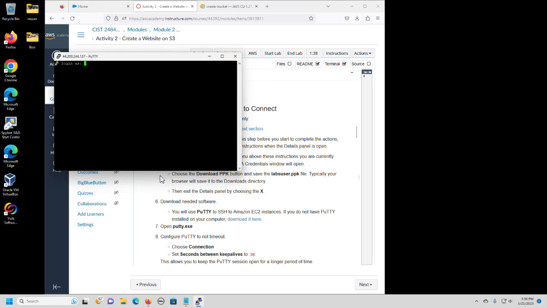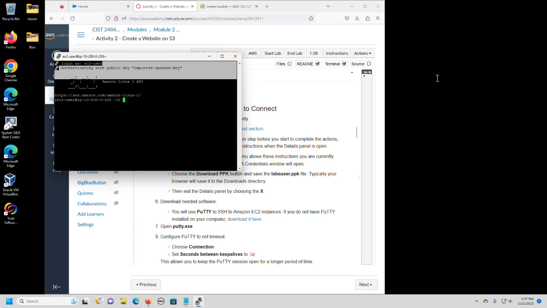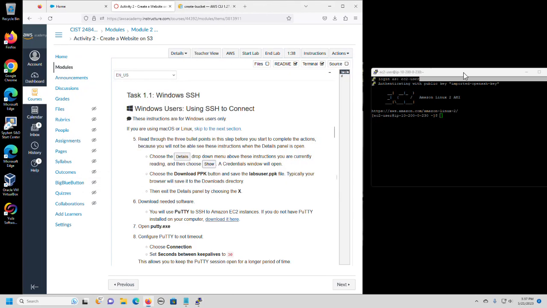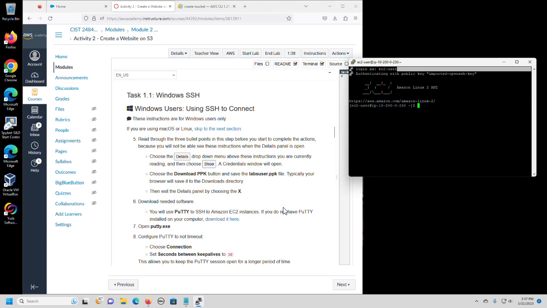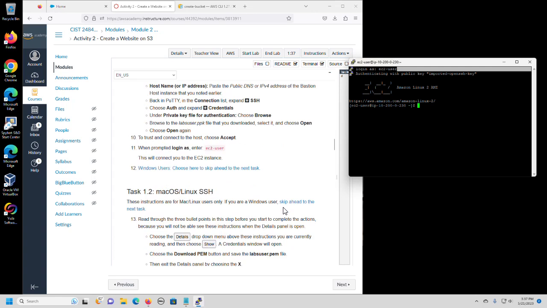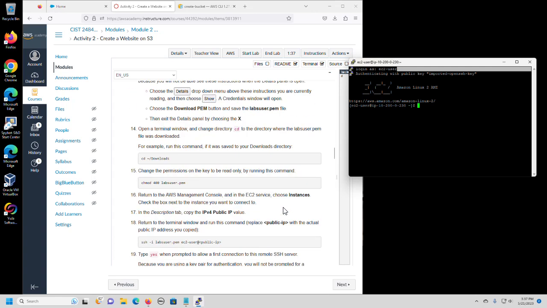Accept. EC2-user. Okay, so now that we're in, I'm going to take this and move this over here. And I'm in now, so if you have a Mac, go ahead and follow